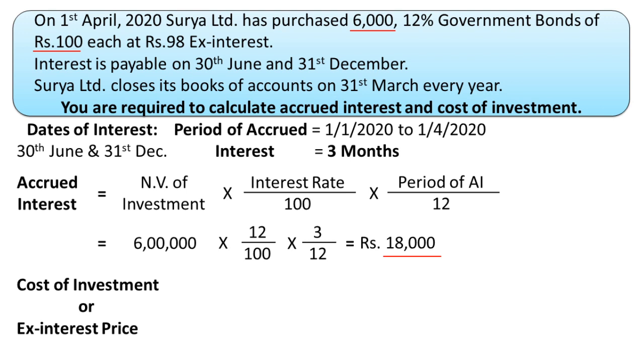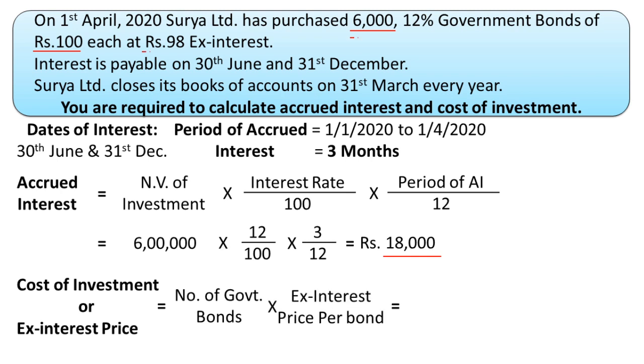Cost of investment is nothing but the ex interest price. Now, how to calculate ex interest price? Simple. The total number of securities, that is government bonds purchased, multiplied with ex interest price, which is 98 in this problem. So number of government bonds multiplied with ex interest price per bond. So here the ex interest price is rupees 98. So 6,000 multiplied by 98 is equal to rupees